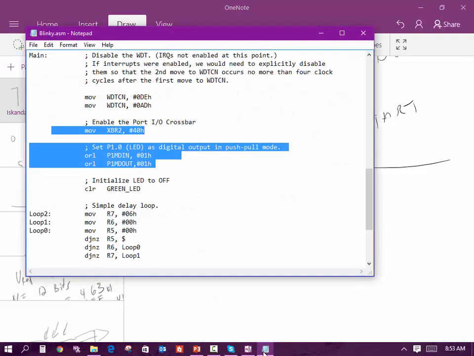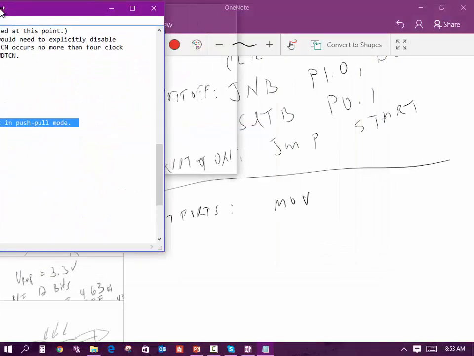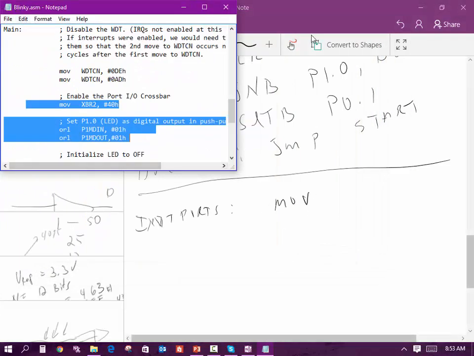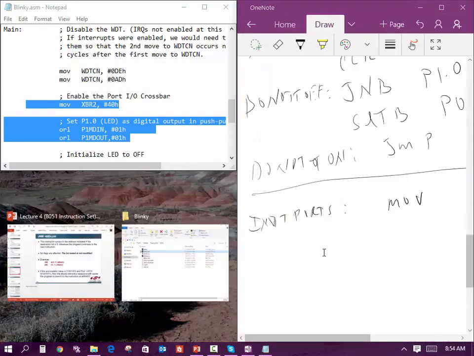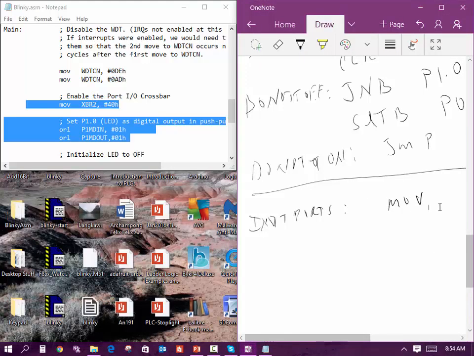We can just simply use that right there. We can just copy those two lines essentially. I don't think those are the ones that we use, but let's just